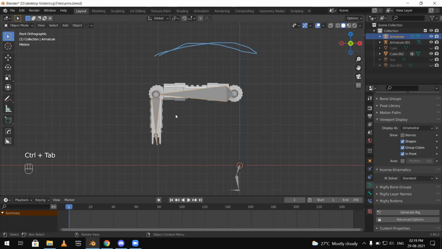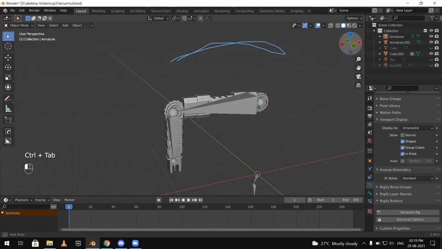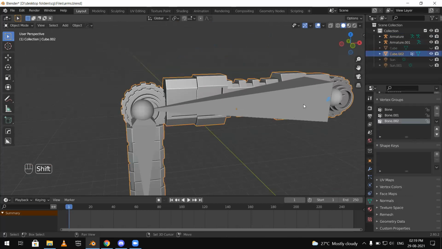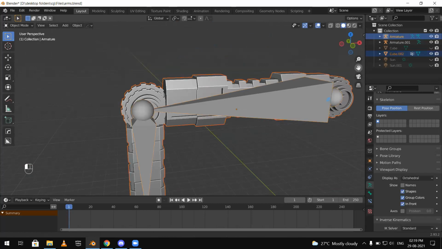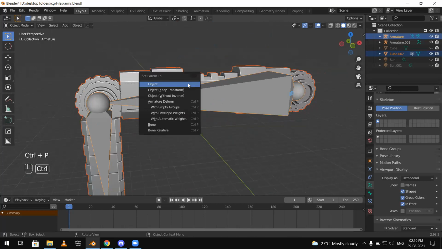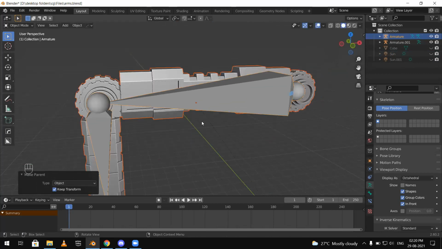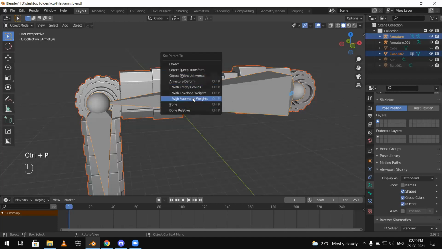Now we'll go back to object mode. Now we are going to parent the bones to our object. First let me show you how to parent it and the effects of it. First I'll select the object, then I'll select the bone, that is the armature, and press Ctrl plus P. This opens up a parenting menu. In the parenting menu, you can parent one object to the other, and if I press Keep Transform, it will copy all the locations, not the rotations of the bone. And this is not what we have to do. I'll press Ctrl plus Z to deparent it, press Ctrl plus P. We have to do this: Armature Deform with Automatic Weights.